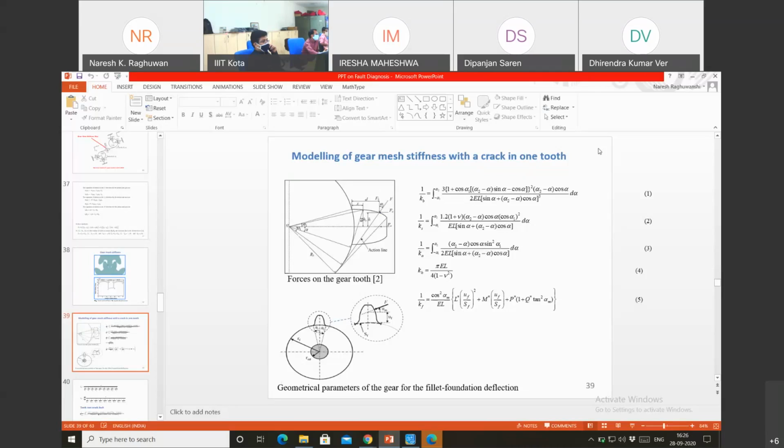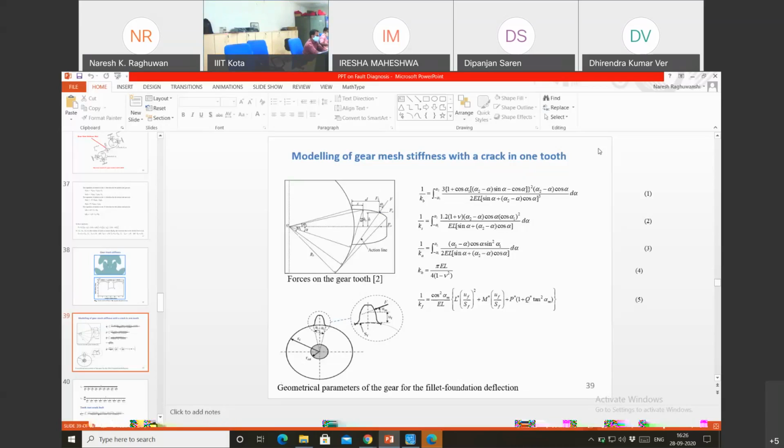These are the standard modeling equations for bending, shear, and axial stiffness. But in the 2004 work, I think the shear effect, KS, was not considered. In 2008, Tian, who is from Canada, considered this shear effect. Then the next researchers thought that the backlash stiffness also has to be considered, so they introduced one other factor.